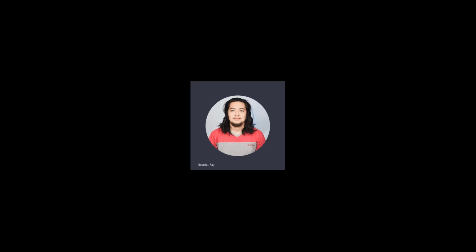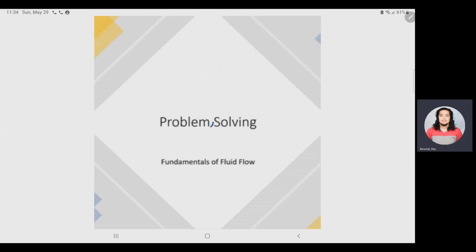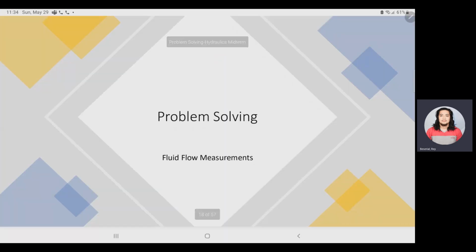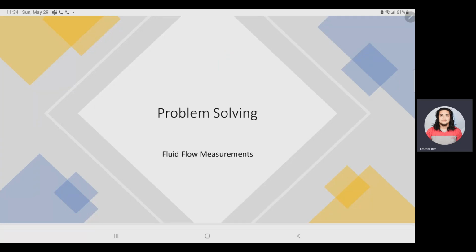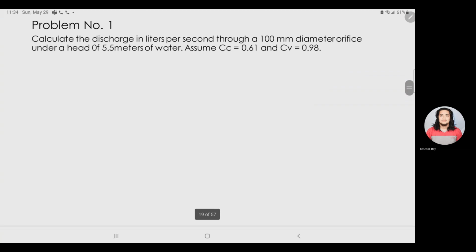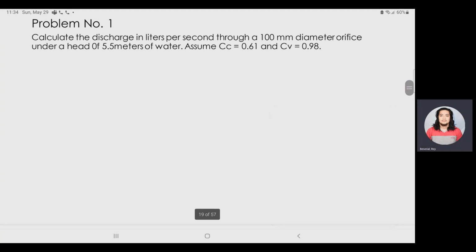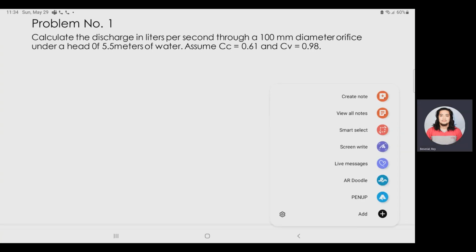Part 2 ng ating series sa ating problem solving sa hydraulics, which is yung ating fluid flow measurements. So, start na tayo sa ating problem number 1. So, problem number 1 natin,